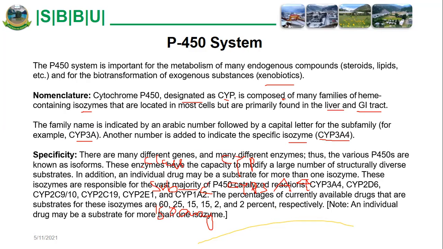And remember, there are many different genes and many different enzymes. The various P450 systems are known as isoforms. That's why they are formed, because of their